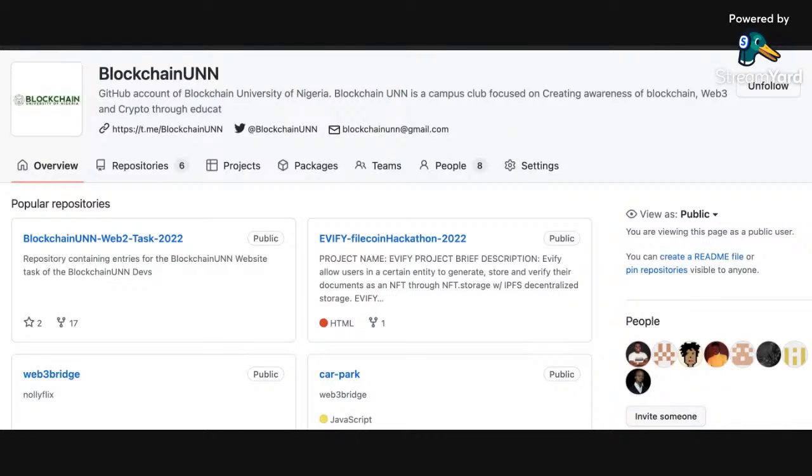Basically, when you create a commit on your local machine, it doesn't automatically show on your GitHub repository until you push the code. The commit basically tracks it locally on the system, and once you run the git push origin command, it moves everything to your GitHub repository. So the commit is locally on the system until you push it to your repository. Yes, that is very correct.